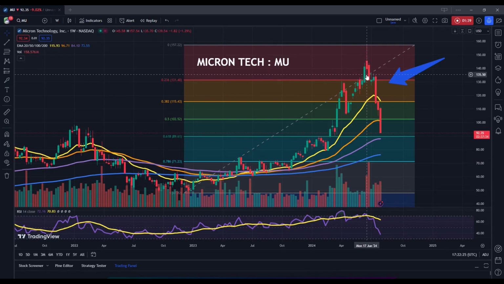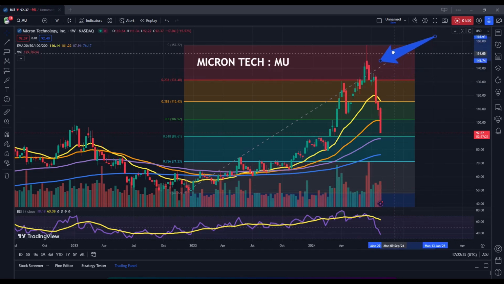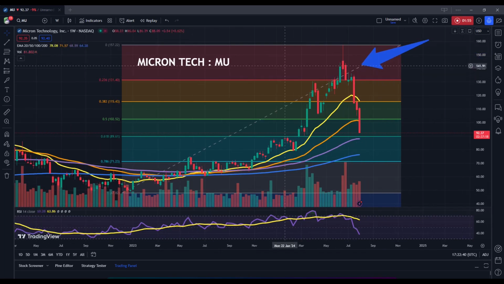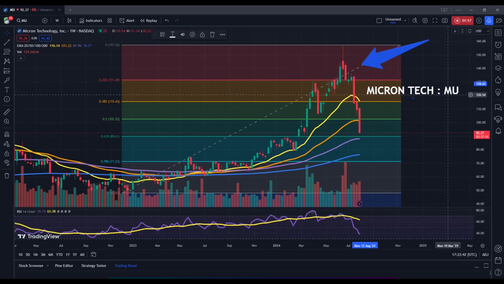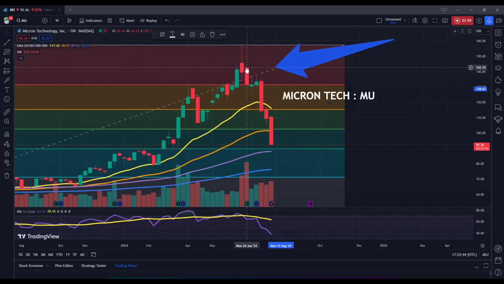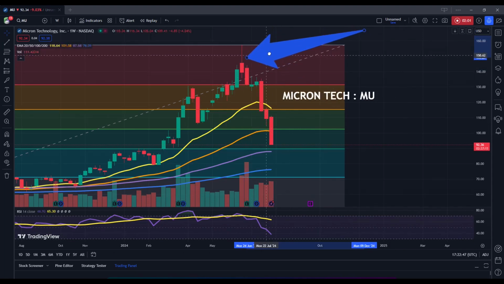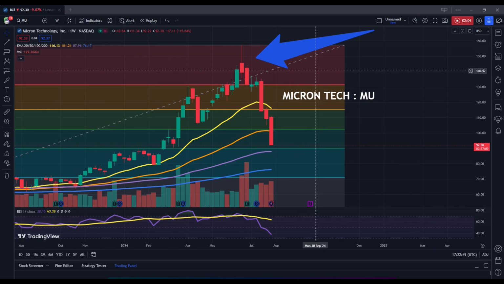So, to begin with, we really have to go all the way back to the week of June 17, because this is where the stock posted highs of 157.54, and then immediately started to reverse lower. As we can see here, the stock is posting an all-time high, but that candle is ultimately red. We can drill in here a bit. This is clearly a bearish candle with a very long wick on the top of the candle. So what this tells us is that prices were rejected fairly sharply from those highs above 157.